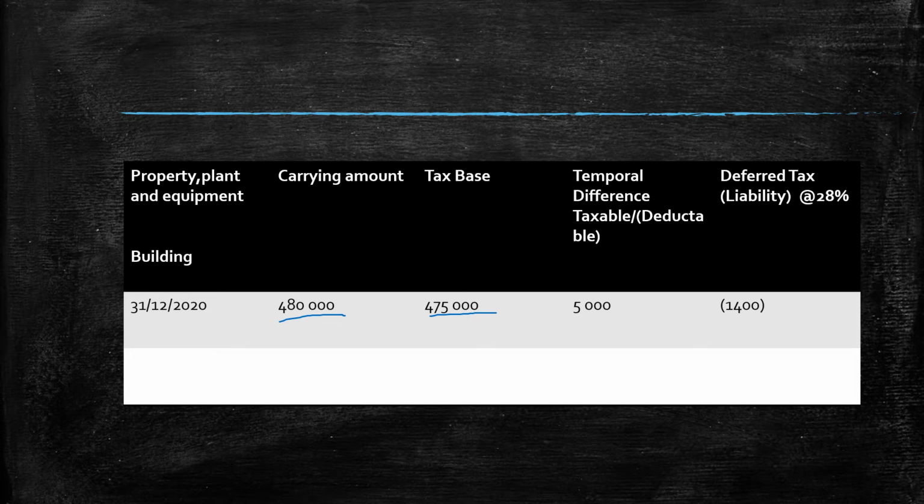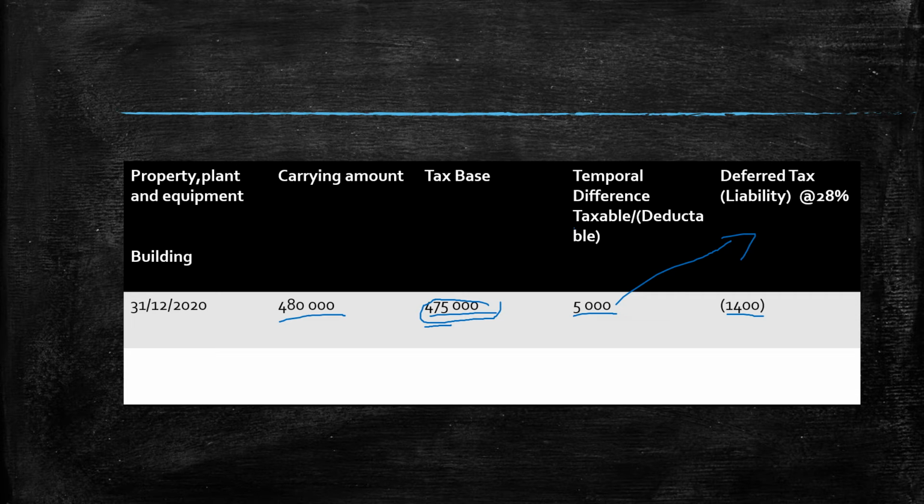We just reduce that and we get to 480,000. Same with the tax base. We know that our tax allowance is 12,500 and it gives us this amount by the end of the year. So we have a temporal difference in this case, which has increased by 2,500, same as we did in the previous year. We tax that at 28%, and then we have a deferred tax liability of